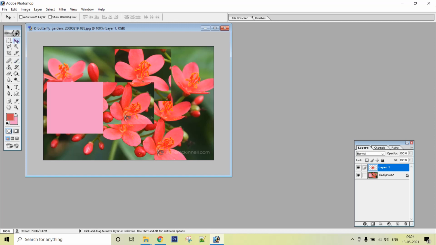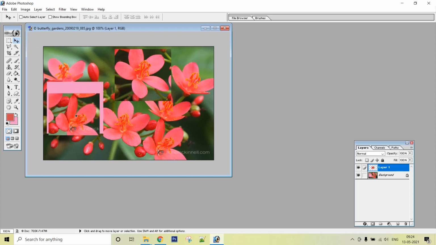Now if I click this, I will be able to move this layer anywhere I want. Suppose I move it here. So here I am moving a layer. First I have shown you how to move a selection, and now I have shown you how to move a layer. This is how you will use the Move tool to perform the movement of a selection or a layer in your image.